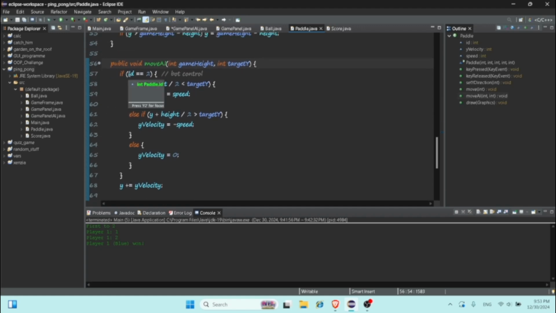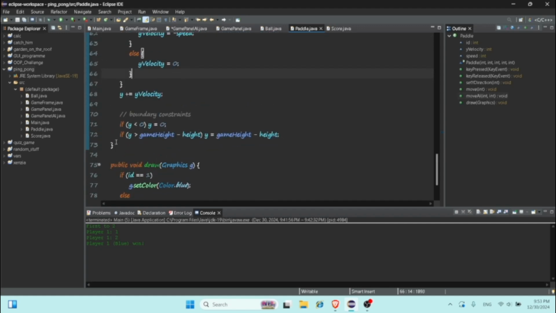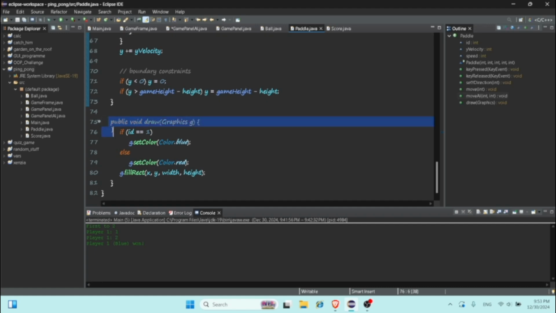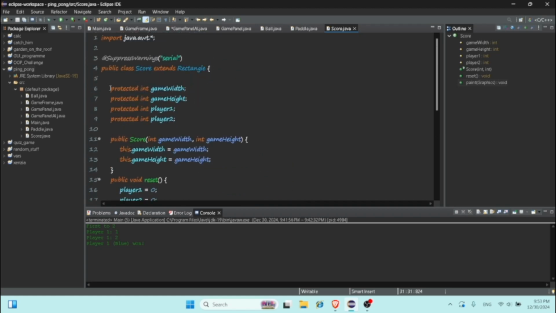Bot typically has the ID of 2, so here the block of code is being executed by bot. So public void draw is quite self-explanatory as well, and the final class is score, where